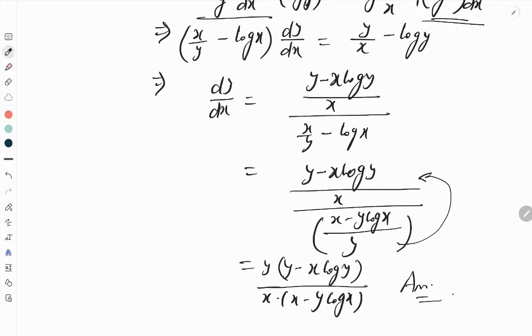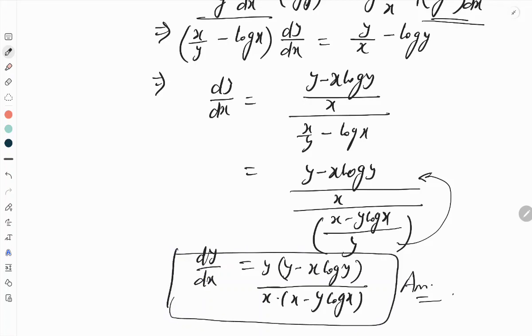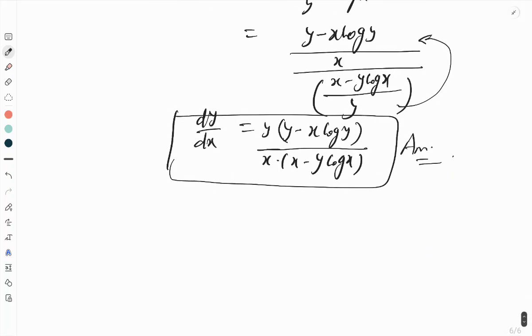So in this question you will say, sir, it is in the format of x and y. Yes, this question is like that actually. dy by dx in the format of x comma y. We got our answer. I hope there is no problem in this one. Let's do one more. I'm writing the question: dy dx of